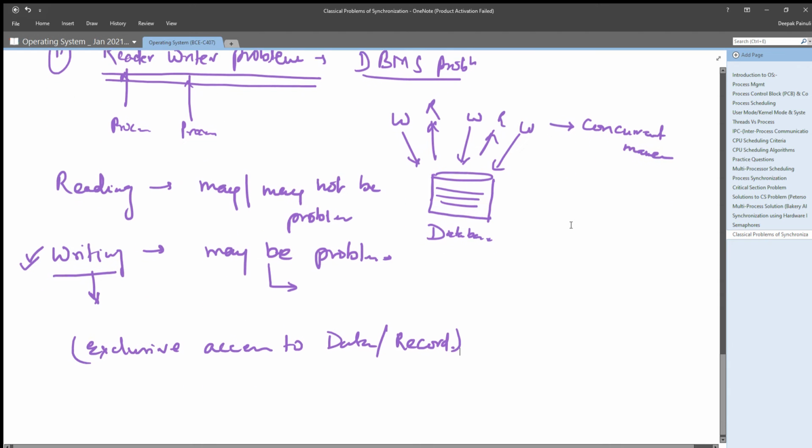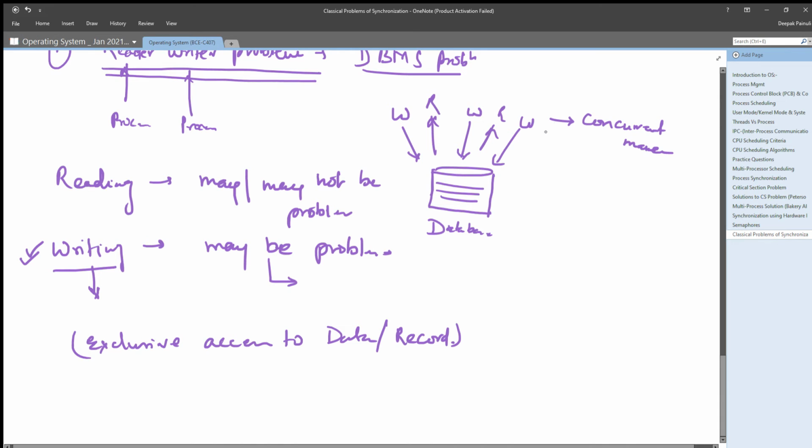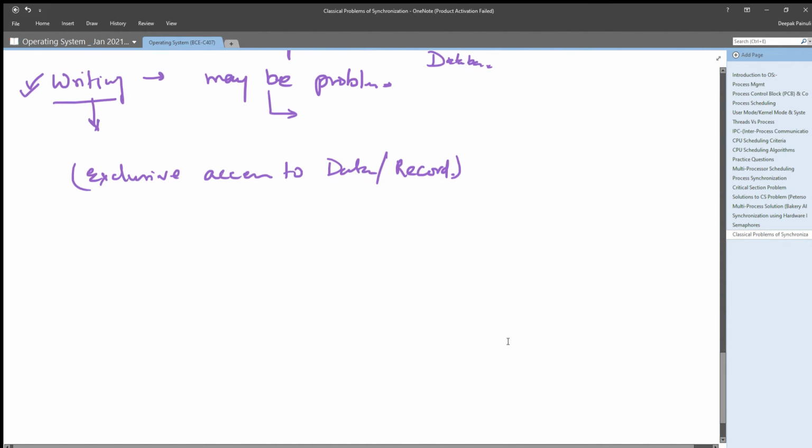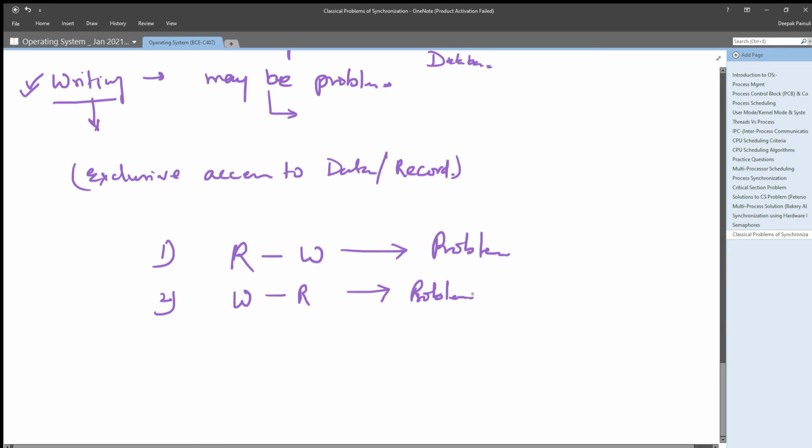Let us understand, if there could be some writer or some reader, what are the cases where conflicting or inconsistent results may appear, or where the problematic conditions could be, right? First, if some reader is reading the object or data, and at the same time a writer is performing a write, that directly leads to a problem. Second, if a writer is performing a writing operation on any record, and a reader appears to read that item at that time, then this will also result in a problem, right?